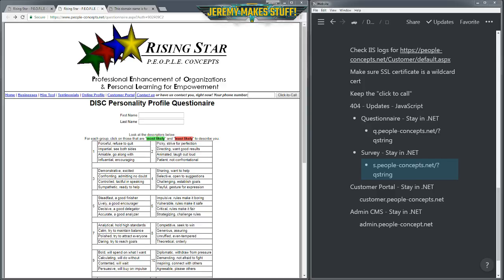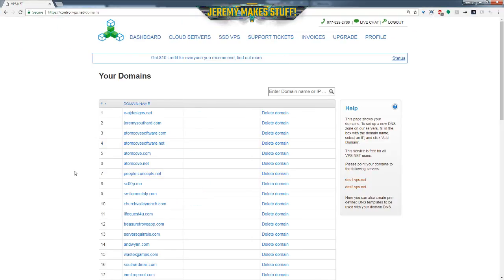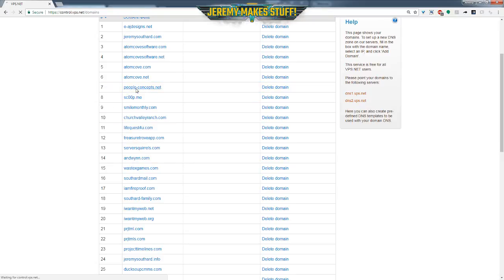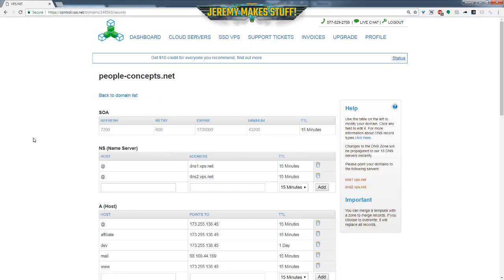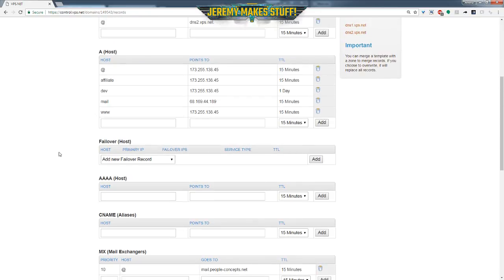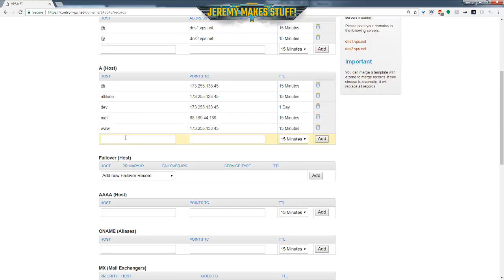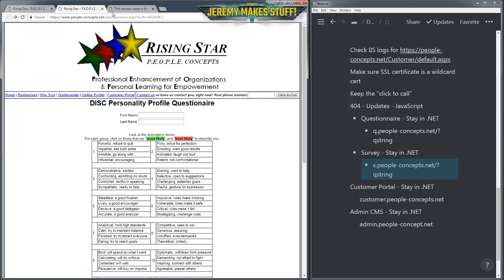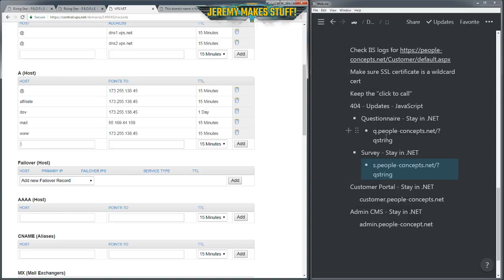Oh yeah, I was logging in. I was like, what was I doing on the other side here? Okay, pull this up and manage my DNS. Okay, so I'm just going to update some DNS entries for peopleconcepts.net. Bunch of different stuff going on here. Let's see. I forget what I was going to add. That's why I make notes.